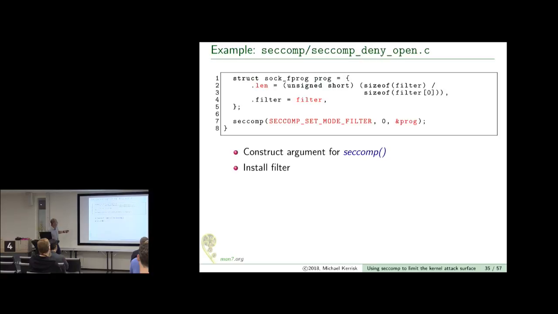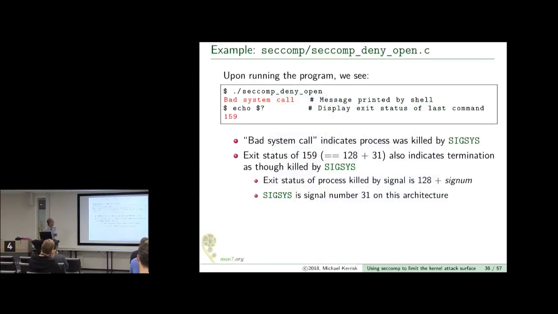Alrighty, now there's the definition of my struct sock_fprog. It's the size of my filter program, which is the size of the filter divided by the size of the first instruction, because it's supposed to be the number of instructions, not the number of bytes. Then I set the filter field to point to the filter program that I've just constructed just above. And then I install the filter using seccomp, set mode filter, pointed to my filter program. And then when I run that program, what I see is there